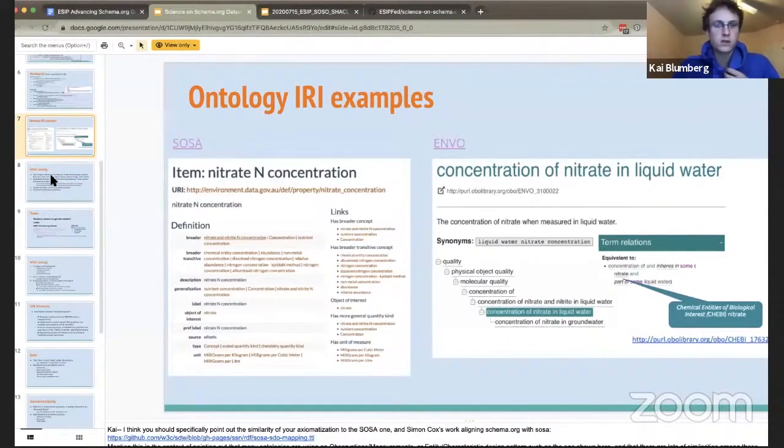In both cases, I wanted to illustrate the same concept. If we're talking about something like a nitrate concentration, which I know is commonly measured within the marine sciences, you can see both of these contain links to the URI or the IRI. It contains links to an appropriate place on the web where all of this information can be dereferenced. And as you can see, both of them contain definitions and other annotation properties, etc.